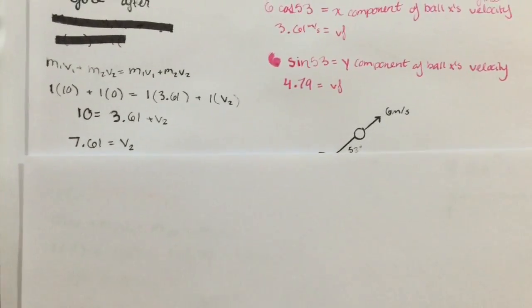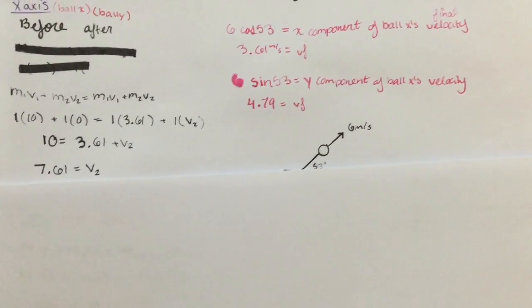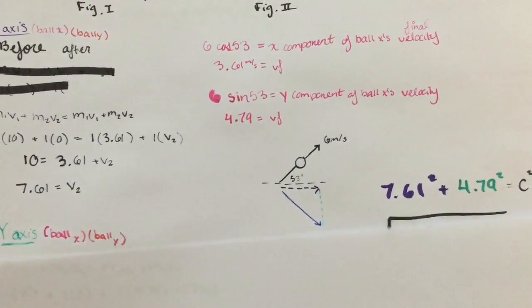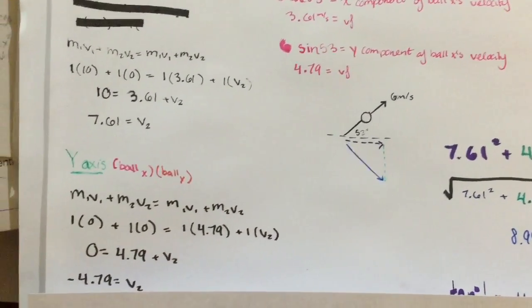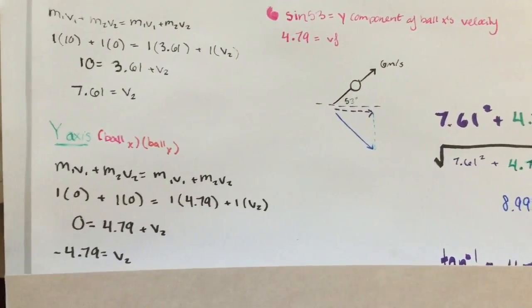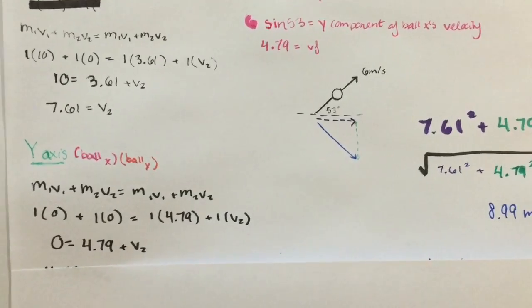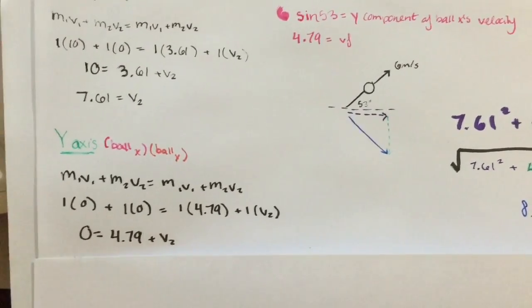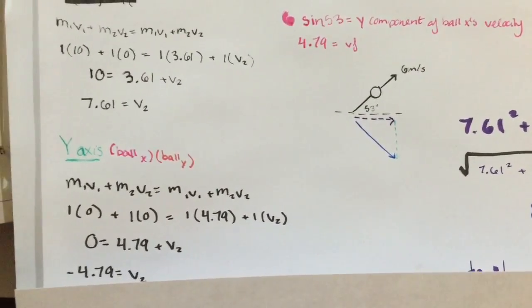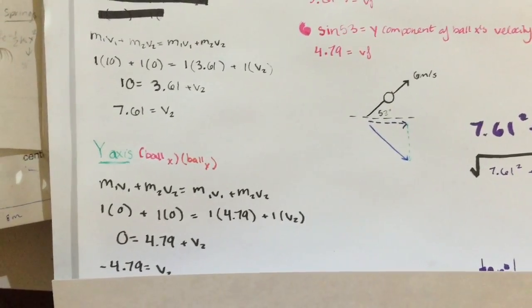So it ended up being 7.61. And then on the y-axis for ball y, the y component would be found by determining what the y